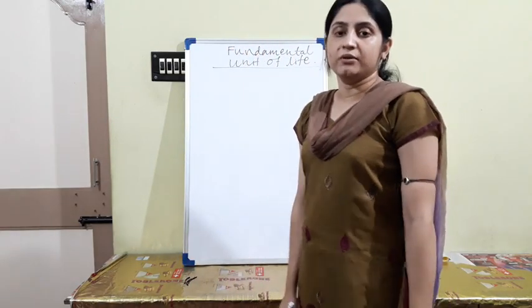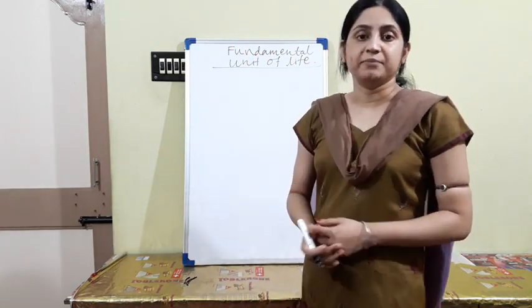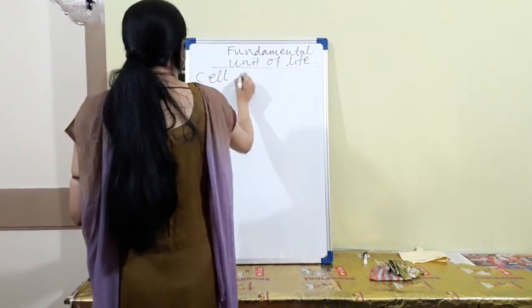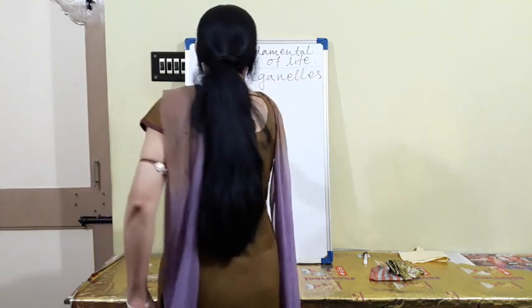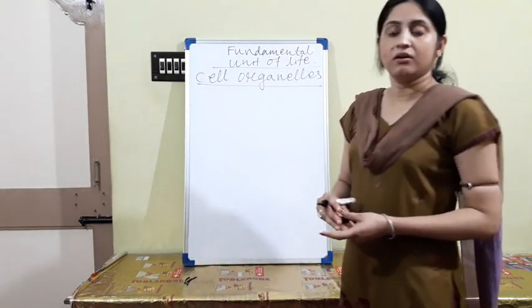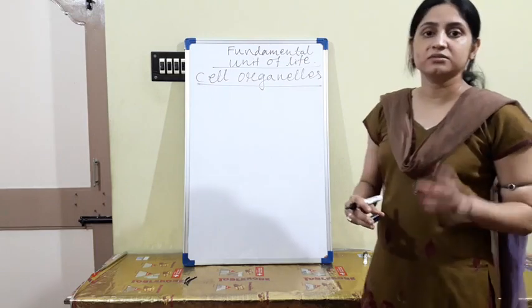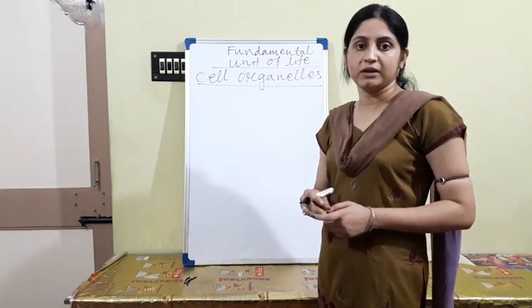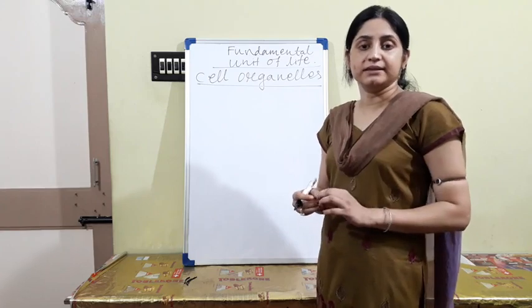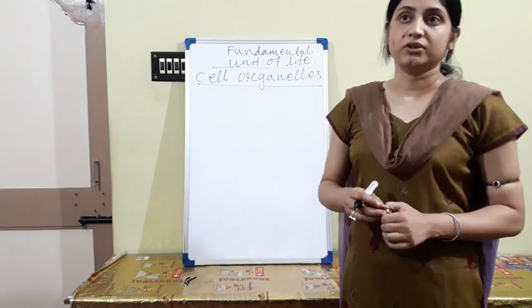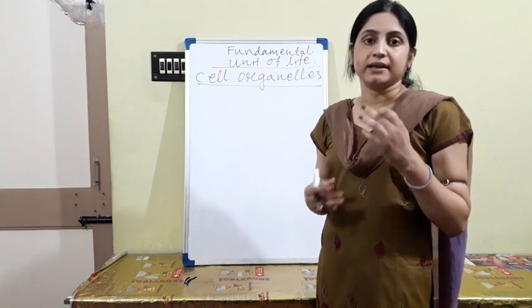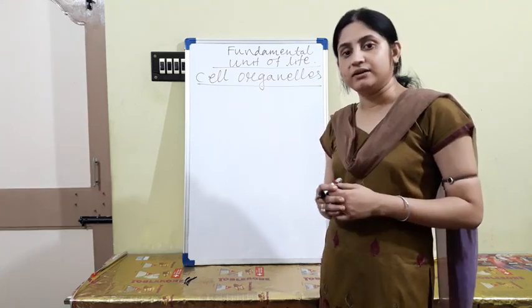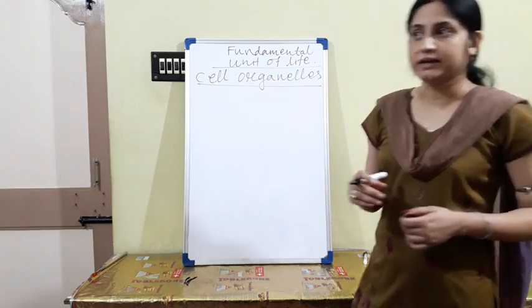So today I will learn about the different types of cell organelles. So what are cell organelles? All of you have some idea about that. They are small, membrane bound particles present in the cell that help in the different activities of the cell, to maintain its shape, structure and function. That is called cell organelles.